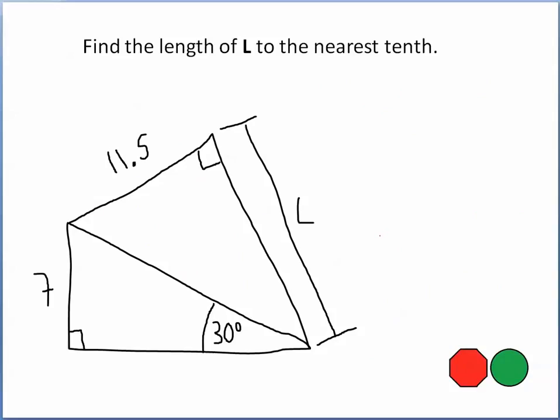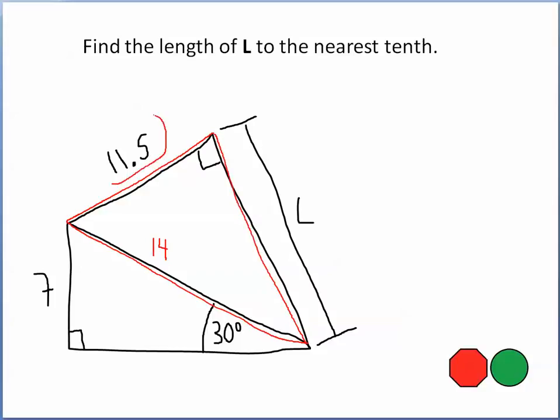All right, find the length of L to the nearest tenth. Click on the stop sign. Okay, let's see how you did. Well, if this is a 30, 60, 90 triangle, then this happens to be 2 times x, or 2 times 7, which means that it is 14 units long. Now we have a larger right triangle right here that has a hypotenuse of 14 and a leg of